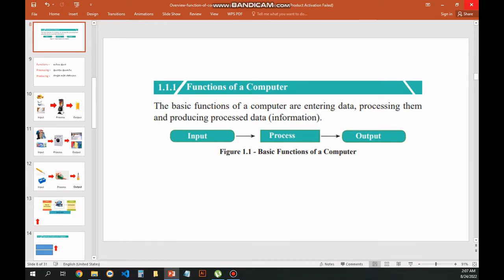Here they have given us a small diagram mentioning input, then in the middle we can see the process, and then the output. The first thing is going to be the input, that is the entering data. Entering data is mentioned here by input. Then processing them. Whatever data you enter to the computer, they are going to process. Process means what? In Sinhala,